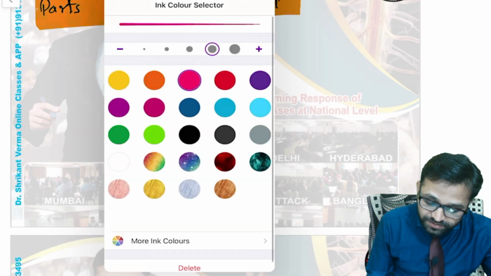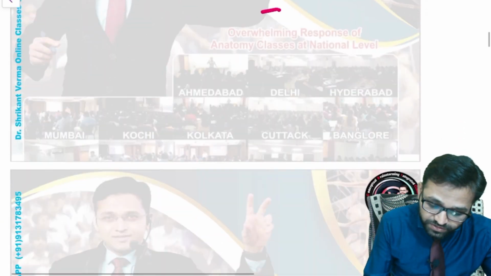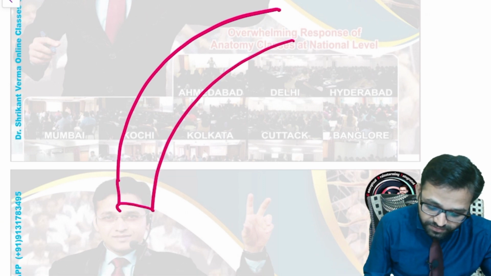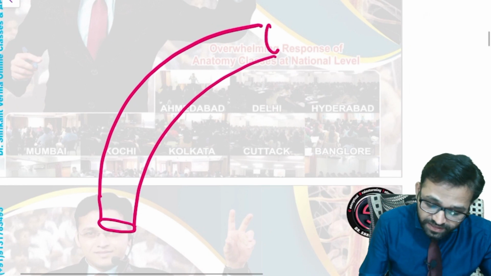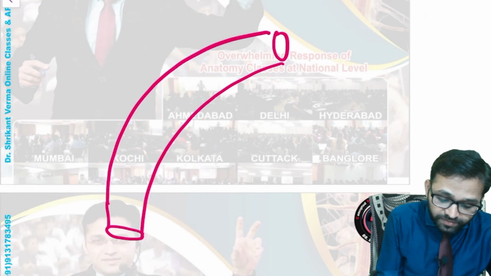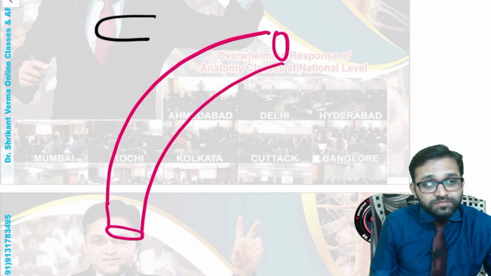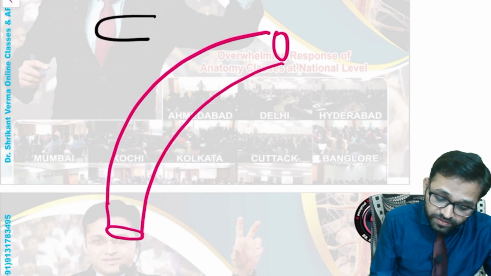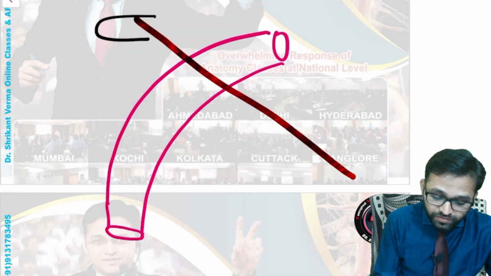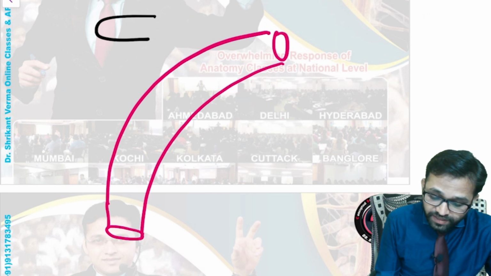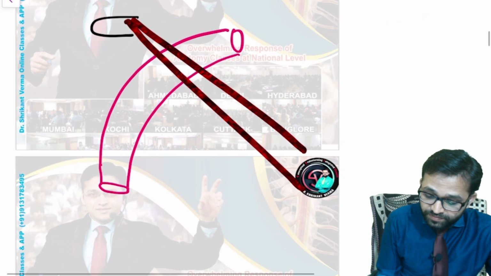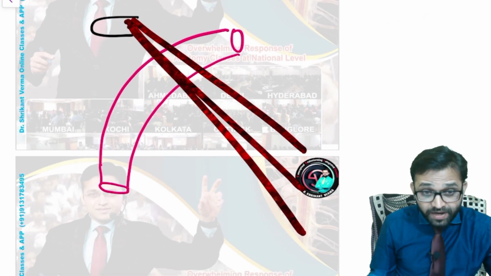Yes, see here, suppose this is our axillary artery. Okay sir, this is our axillary artery. Now see here, here is our coracoid process. You know the muscle which is taking origin from the third, fourth and the fifth rib. Yes, third, fourth and the fifth rib, that is our muscle pectoralis minor.